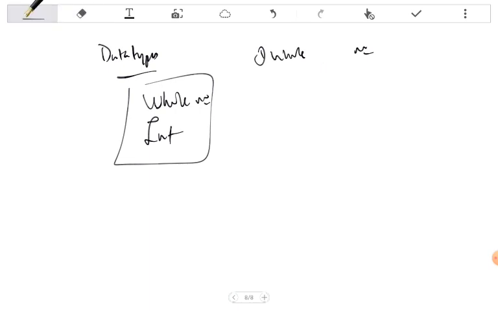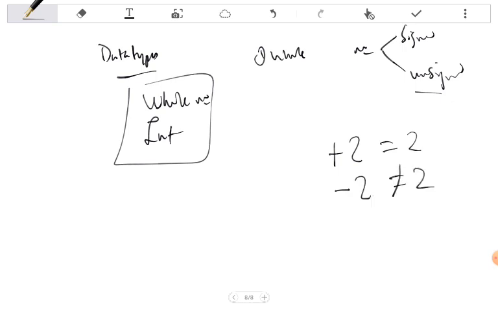Okay, then whole numbers could be divided into two, signed and unsigned. Now I'll explain what that means to you. When you have a number like plus 2, we all know that it's the same thing as 2. But we know that minus 2 is not the same thing as 2, obviously. So what I will say now is plus 2 is signed, minus 2 is signed. So when we're dealing with signed numbers, particularly negative numbers, it's important that the sign is there, because we understand implicitly that when you deal with positive numbers, you don't have to put the sign there, but those signs are implied. So if I say 2, it is the same thing as plus 2.